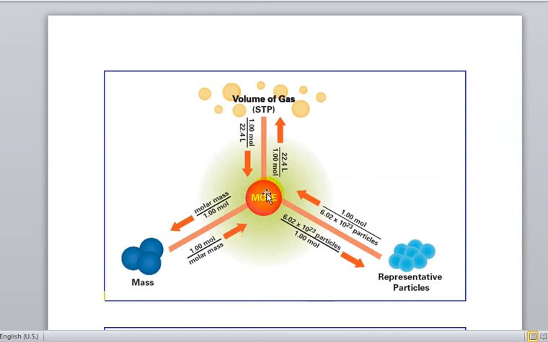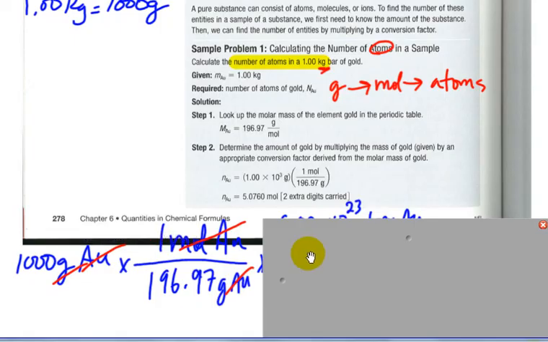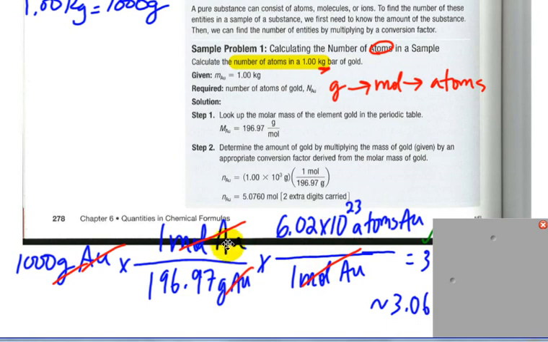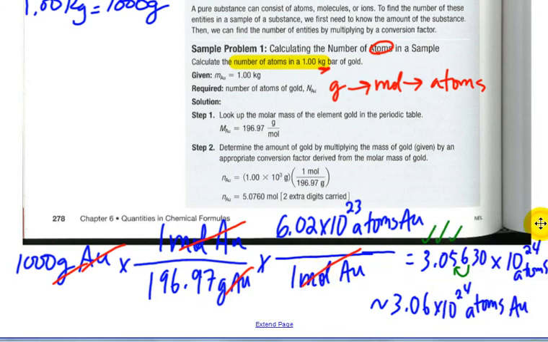So in the second step, we'd multiply by this. 1 mole is 6.02 times 10 to the 23rd particles, or in this case atoms. So moles cancel, and we're left with atoms. So you can see, cancel, cancel, cancel, cancel, and then the unit we need is left up on top. Okay, so in your calculator, 1,000 times 1 times 6.02 times 10 to the 23rd divided by 196.97, and I suppose divided by 1, but of course that doesn't make a difference. We would get